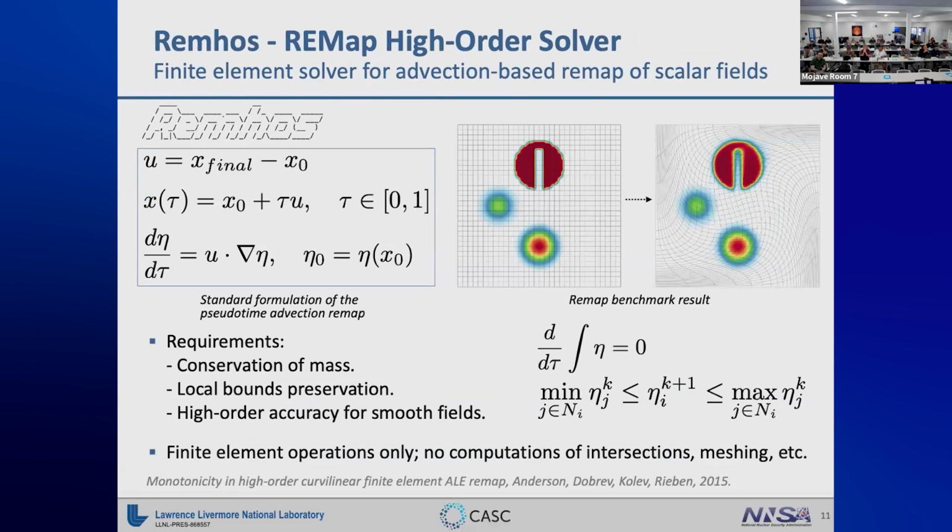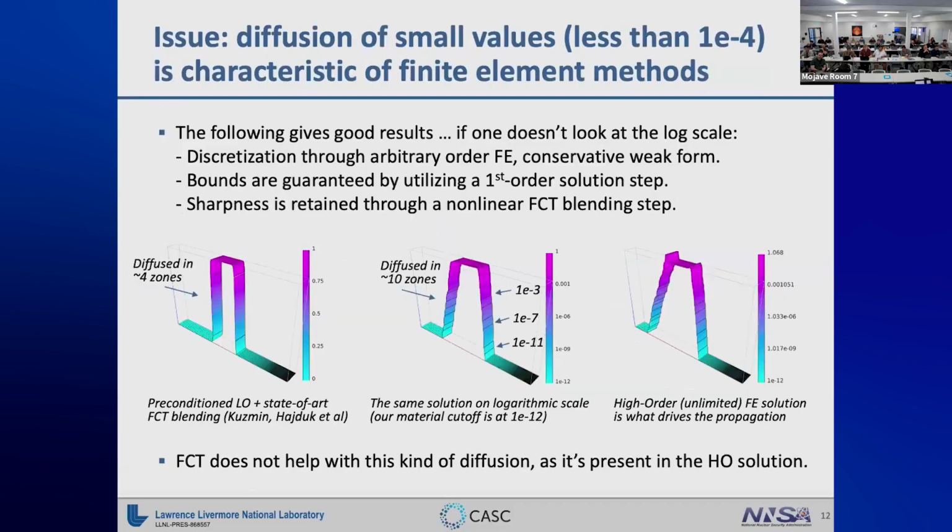This is one of the papers. Actually, there are many methods in Remus that were based on three or four papers written throughout the years about remap. The first thing we looked at in Remus, brought up by the application code, is volume fractions. When you have a jump function, 0, 1, and you move that with finite elements, you always get some